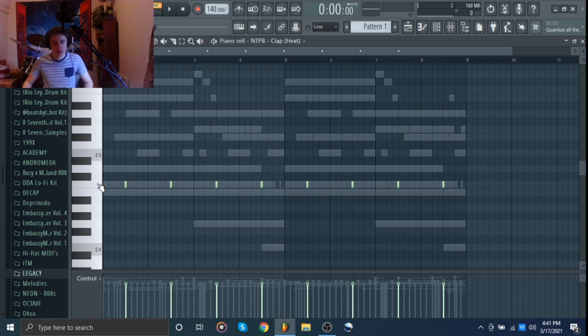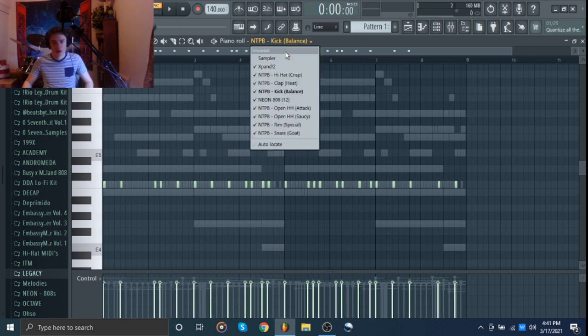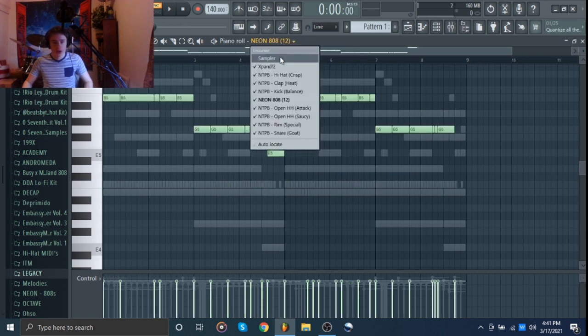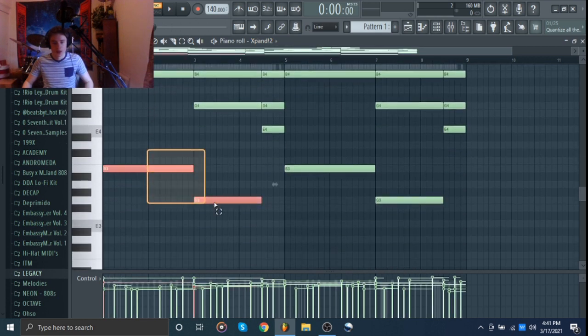I always do my clap second. I just put it on 3. That's because that's the standard placement for the clap. So nothing really to explain here. Then I usually do my 808. The way that I do my 808 patterns is I take the root notes from the melody, which right here